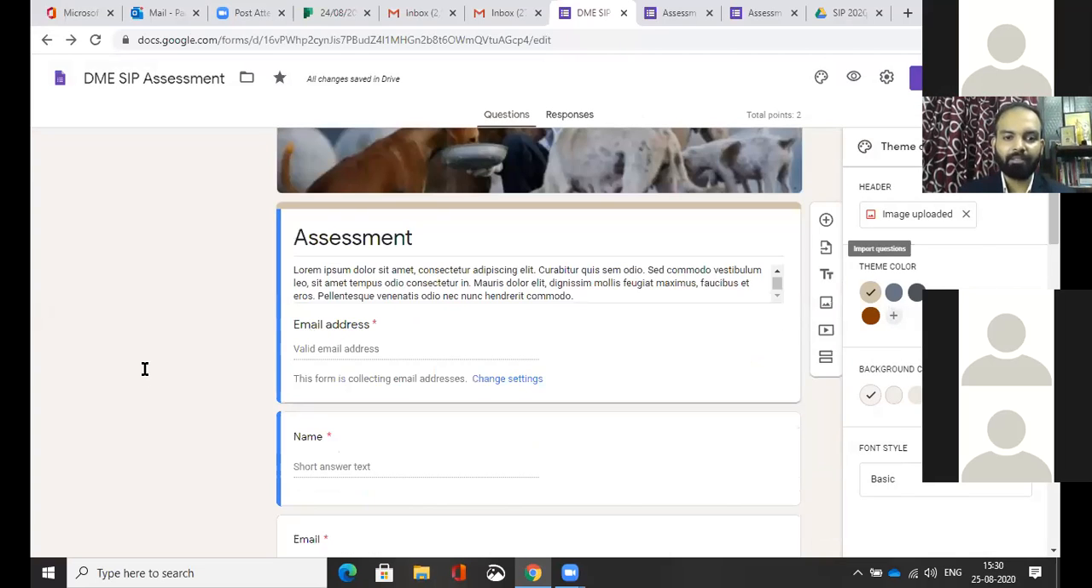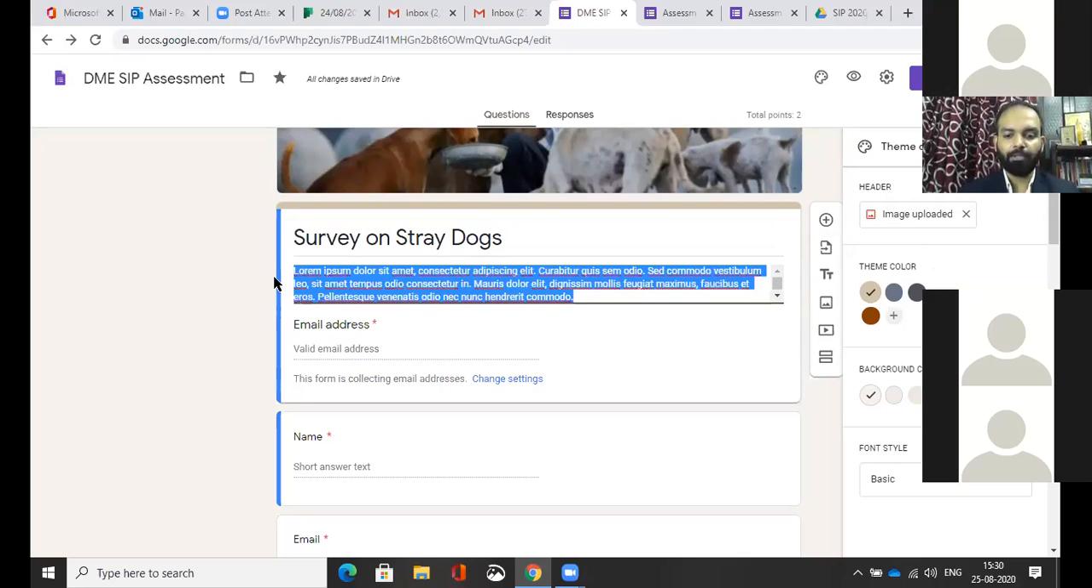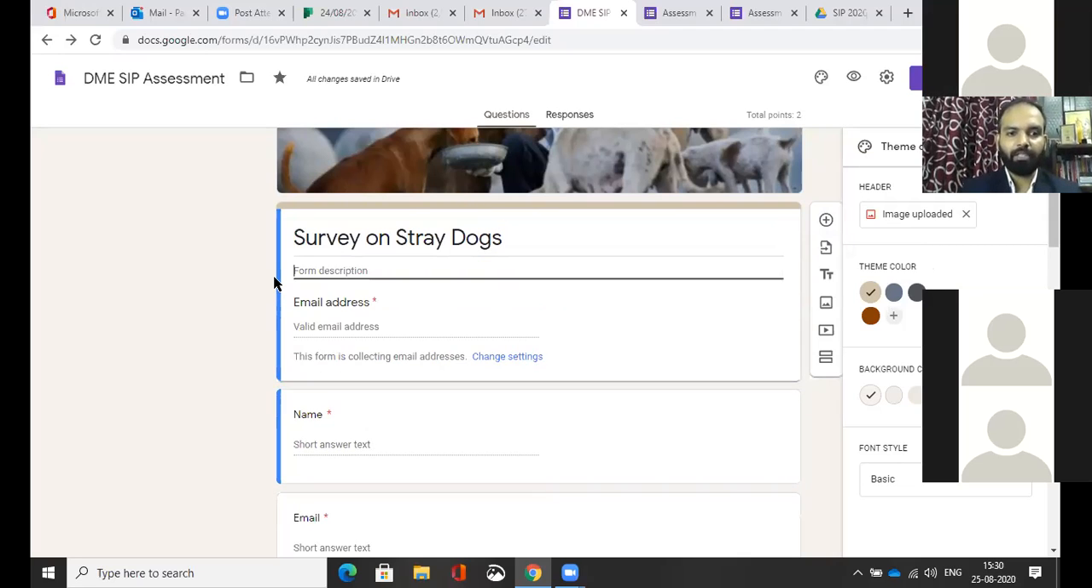Then the next important part, in fact, everything that revolves around this form, is this small portion which includes a lot of functionalities. So let's say I'm creating a survey on stray dogs. Okay, so this survey, and I'm using something which is very general,